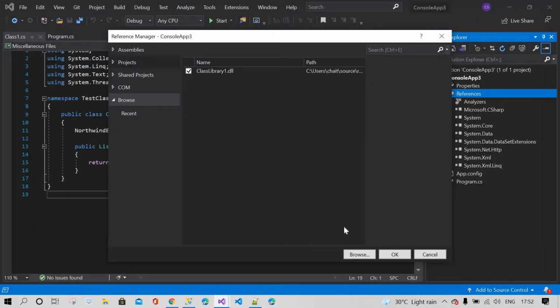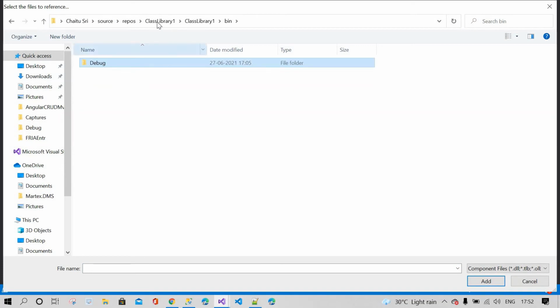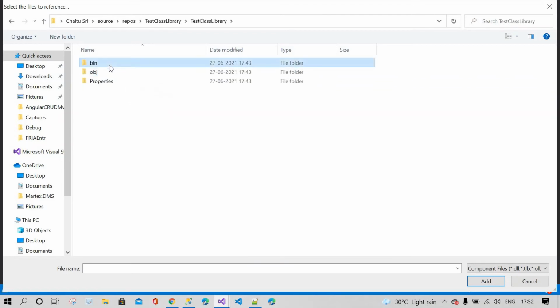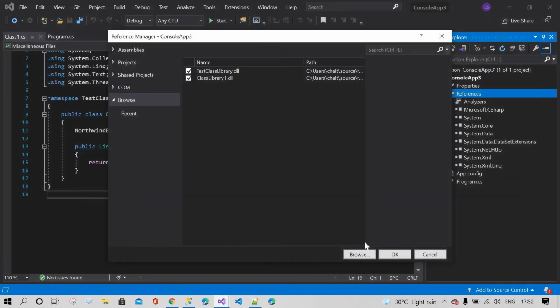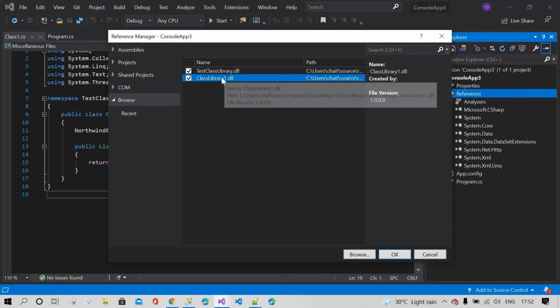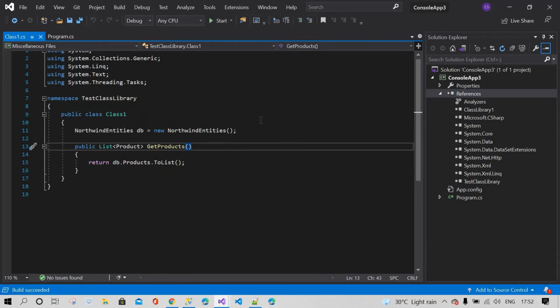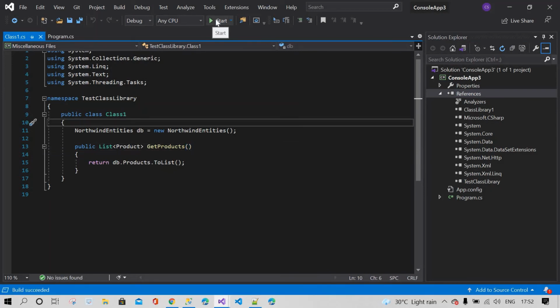I'm going to remove this and add the references again. Browse to the class library. Again I'm going to build the application and start it.